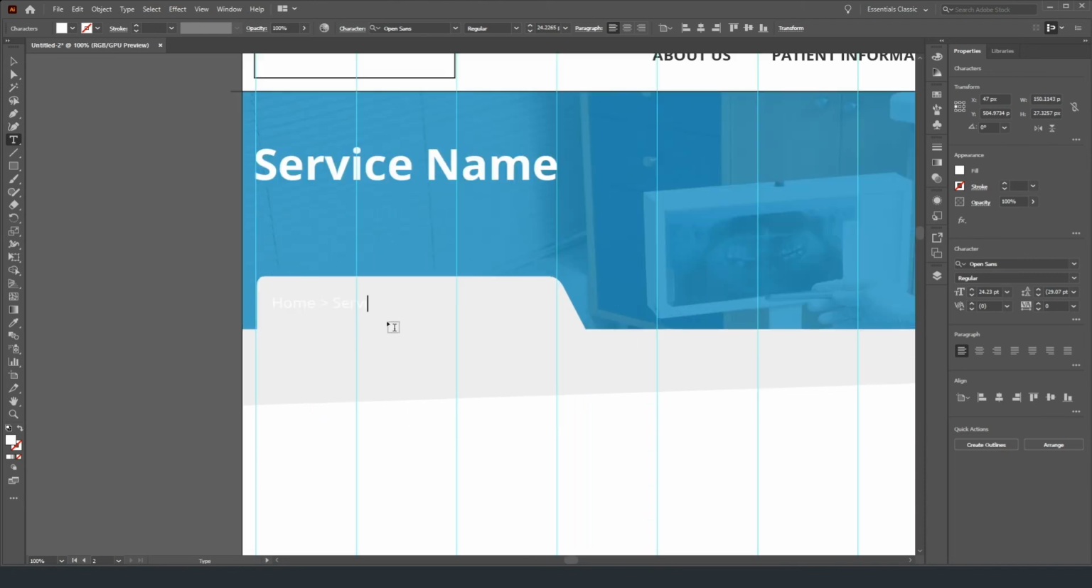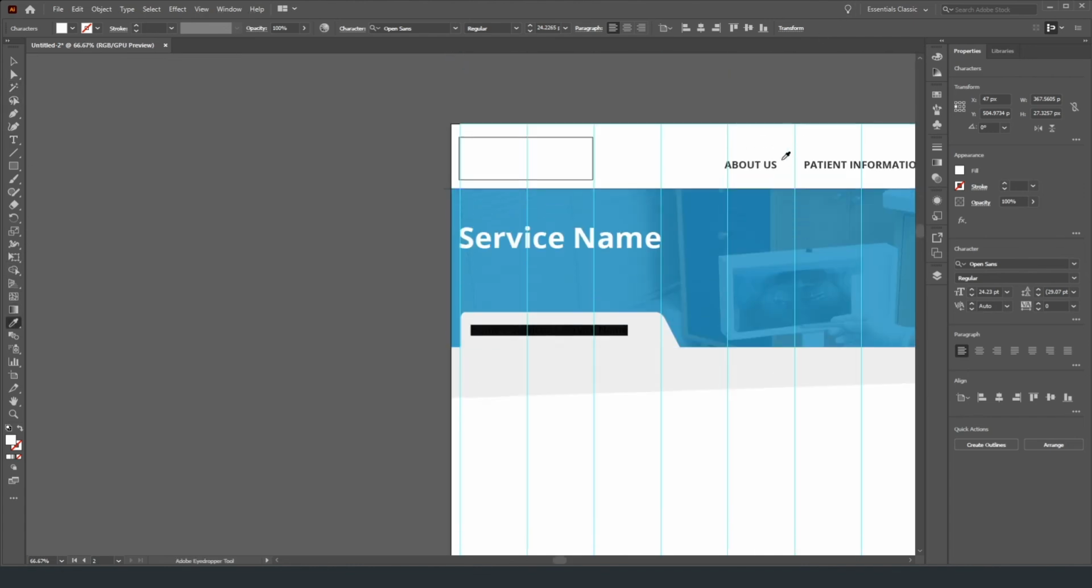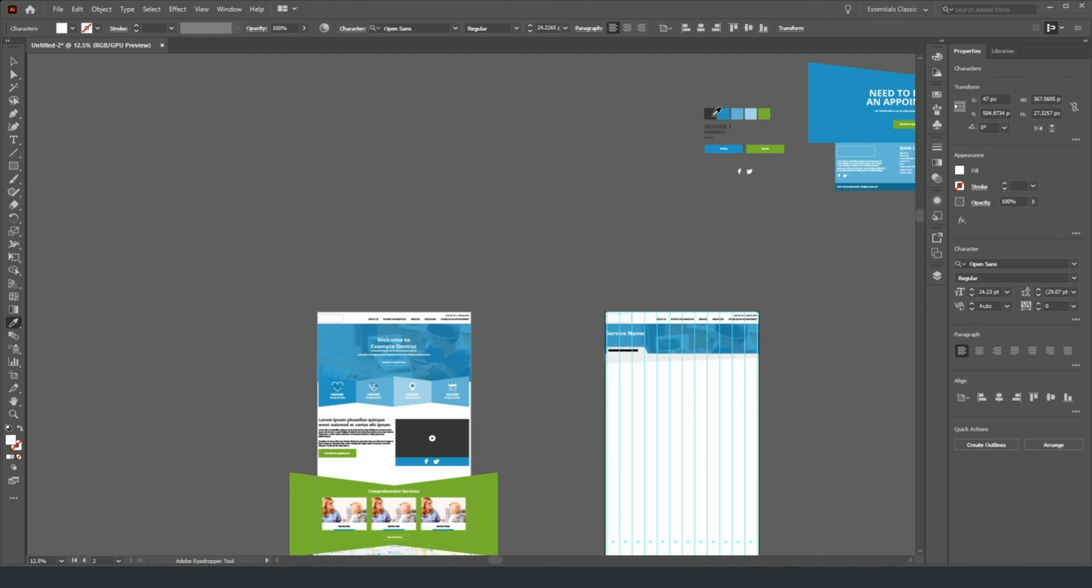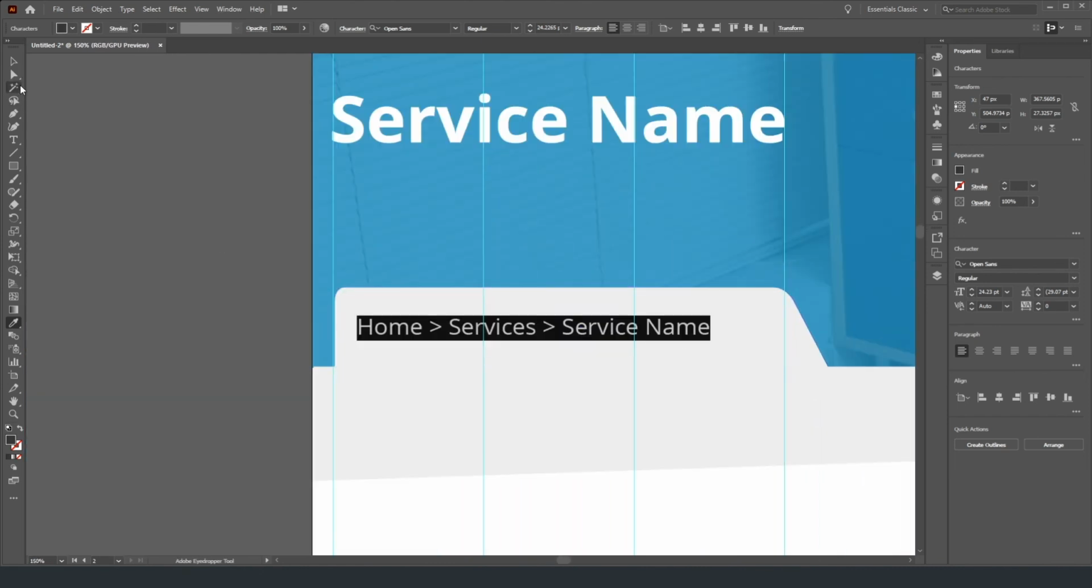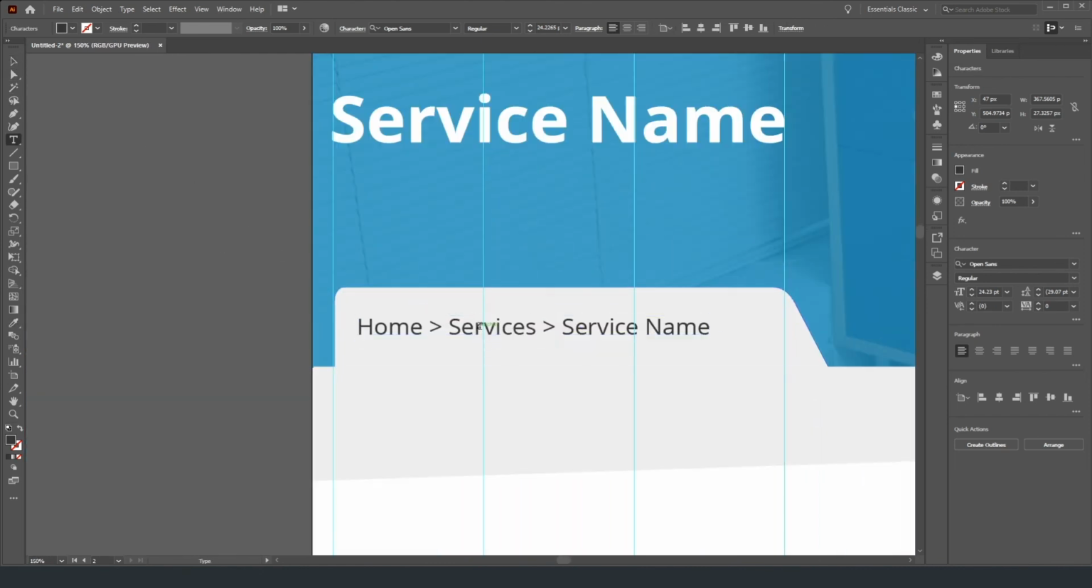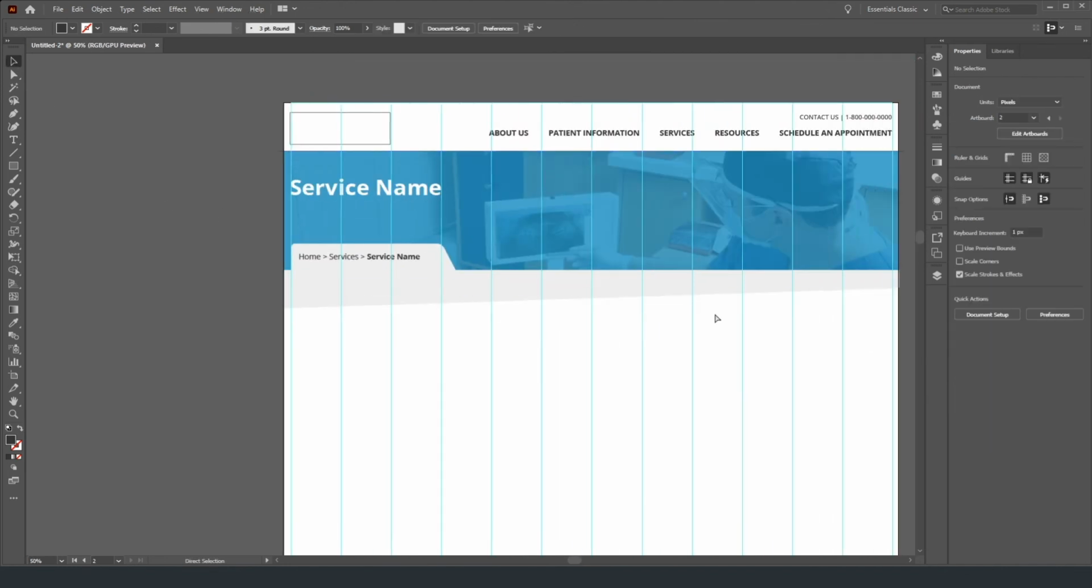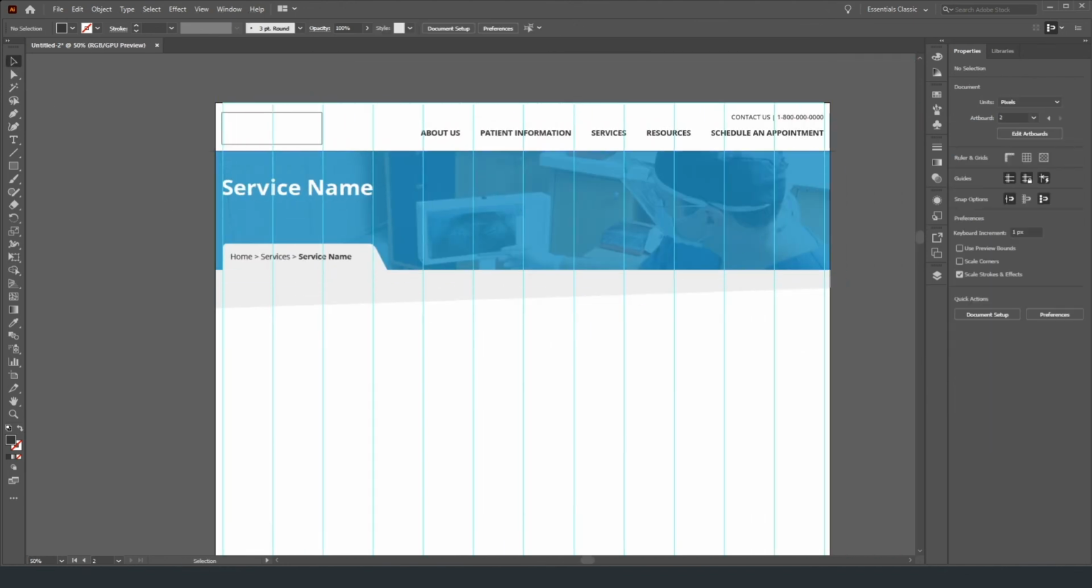I can't see. Services, and then service name, and let's make this that black color up here. Okay, and then we can also have it where the service name, if you're using Yoast, you can configure things like this, but we're going to make it where the page it's on is bold. Alright, so now we have